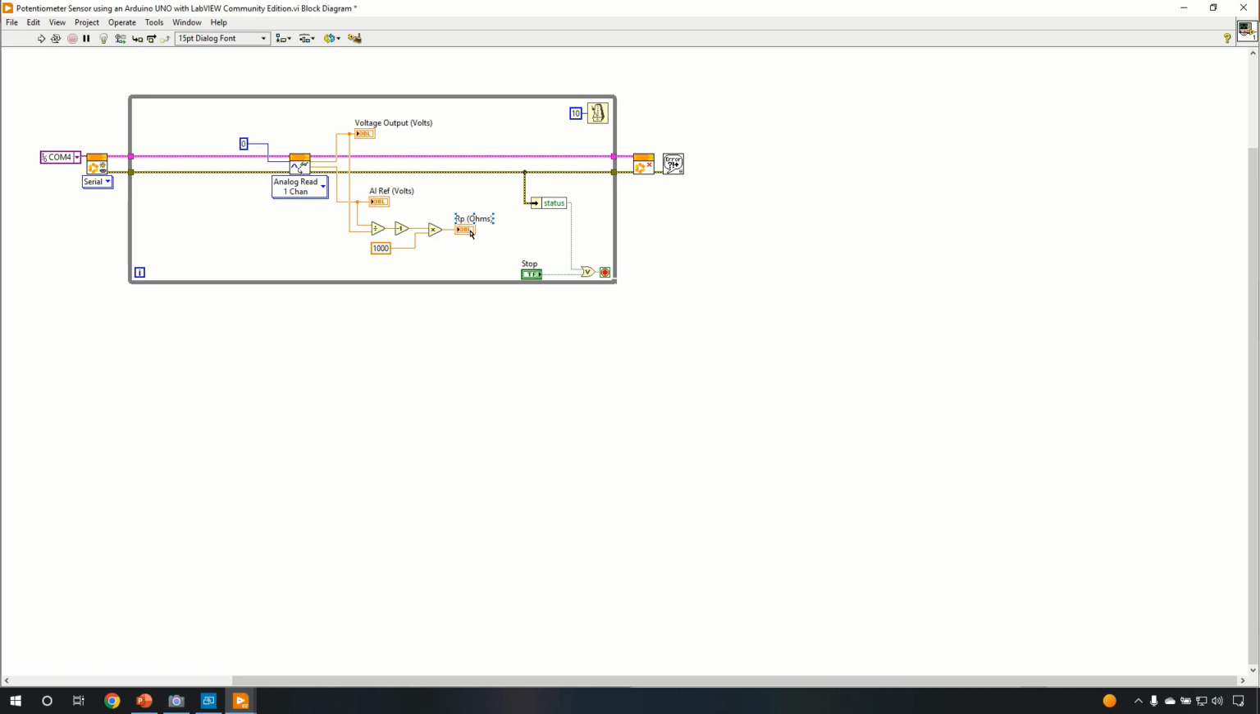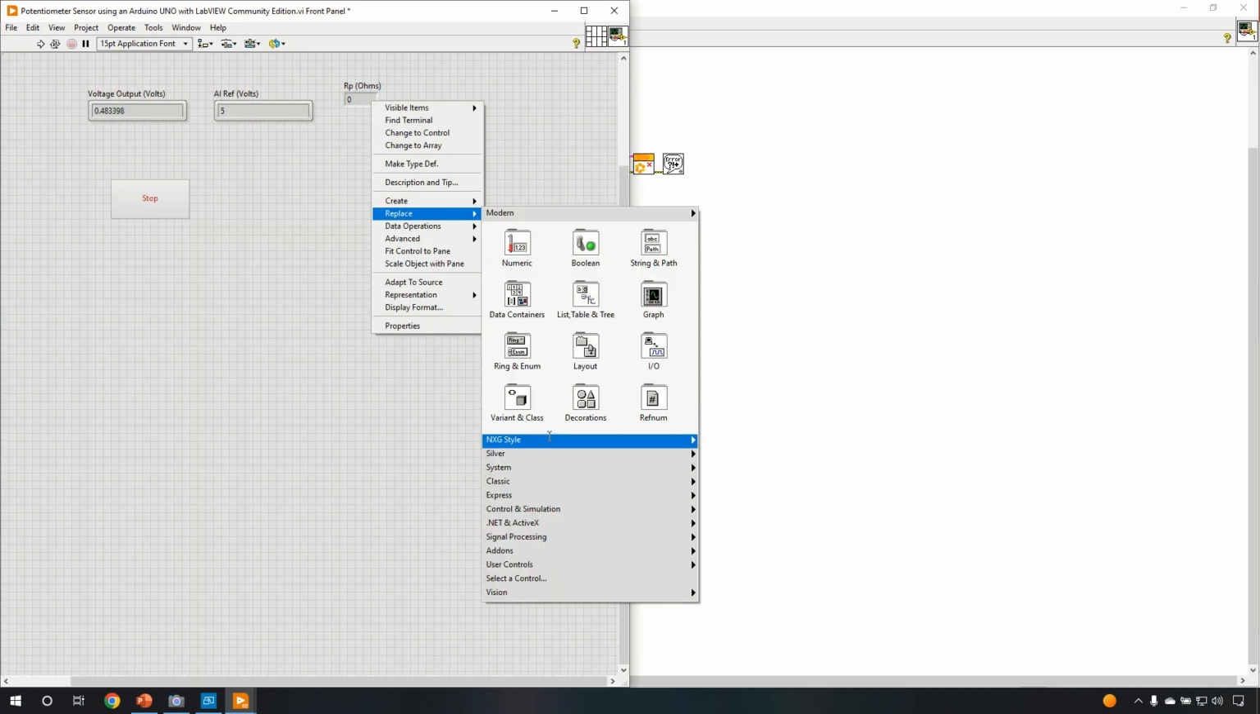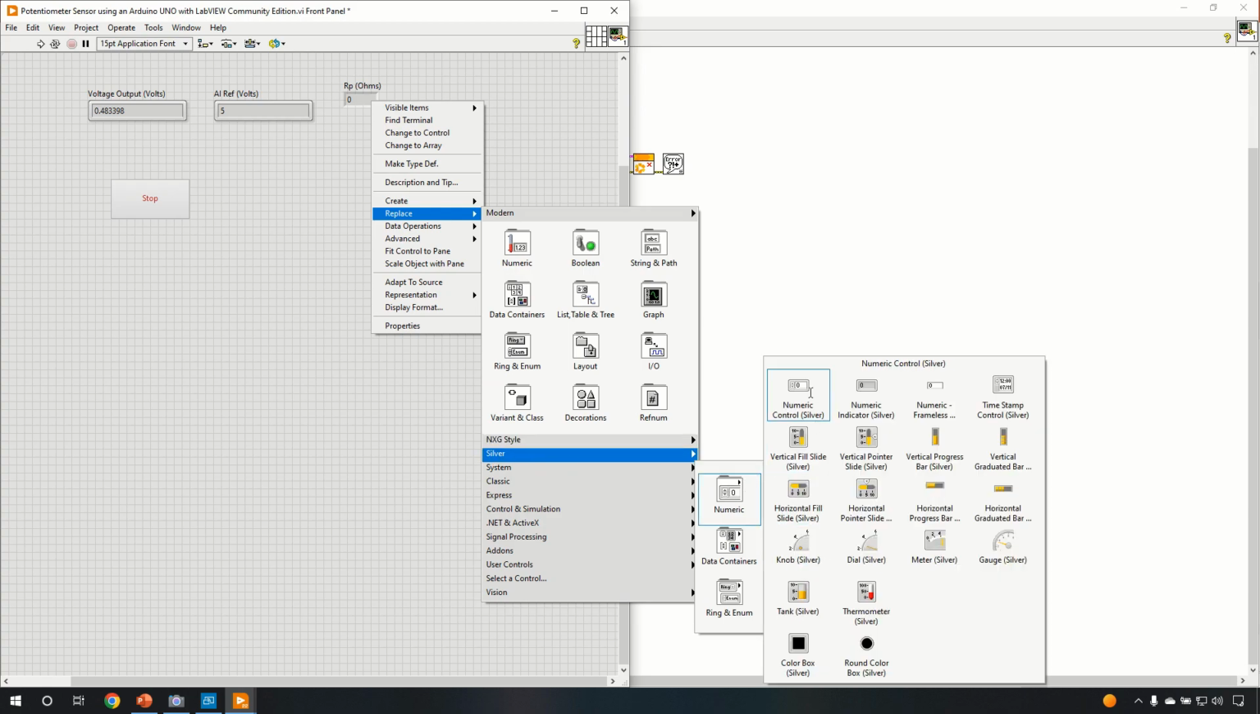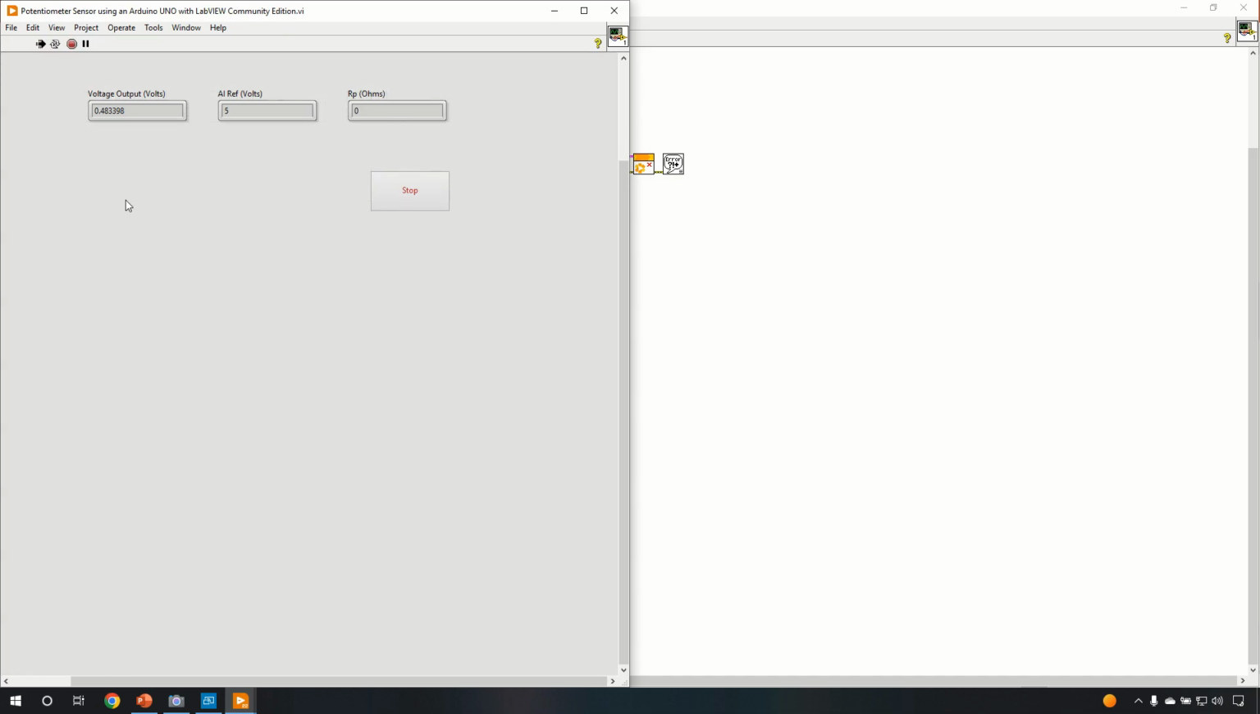Perfect. So this is our code. Let us go ahead and check it. So as you can see here, we can replace it by silver just to have a uniform layout. And this is something very important. You should always have a visually nice and clear layout. Perfect. So let us run our